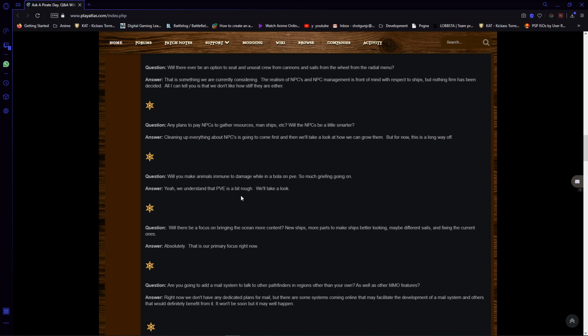Will there be a focus on bringing the ocean more content, new ships, more parts to make ships better looking, maybe different sails, and fixing current ones? So yes, as I previously stated, their current primary focus is the ocean and getting more ships and stuff out there, and I think it's great, and I really hope that they get more ships and things like that out there as soon as possible, as